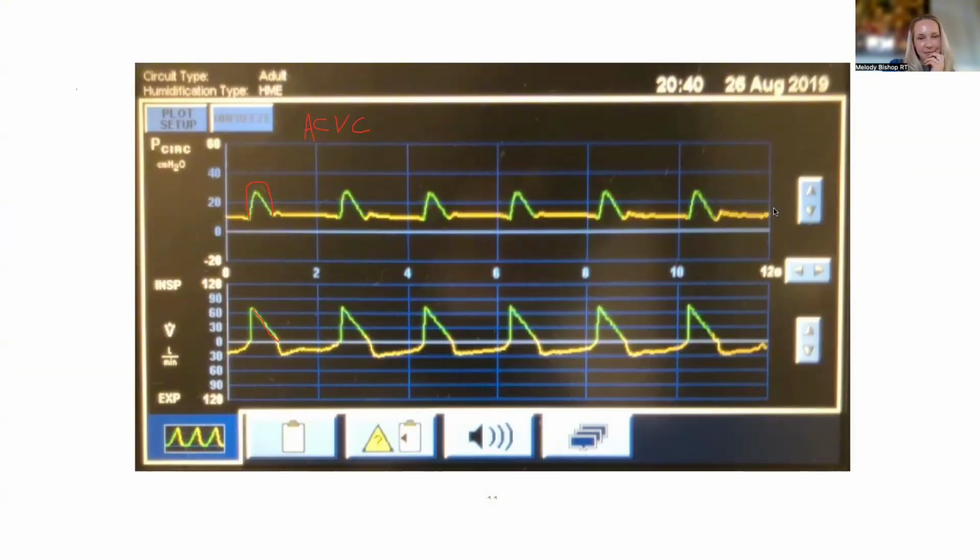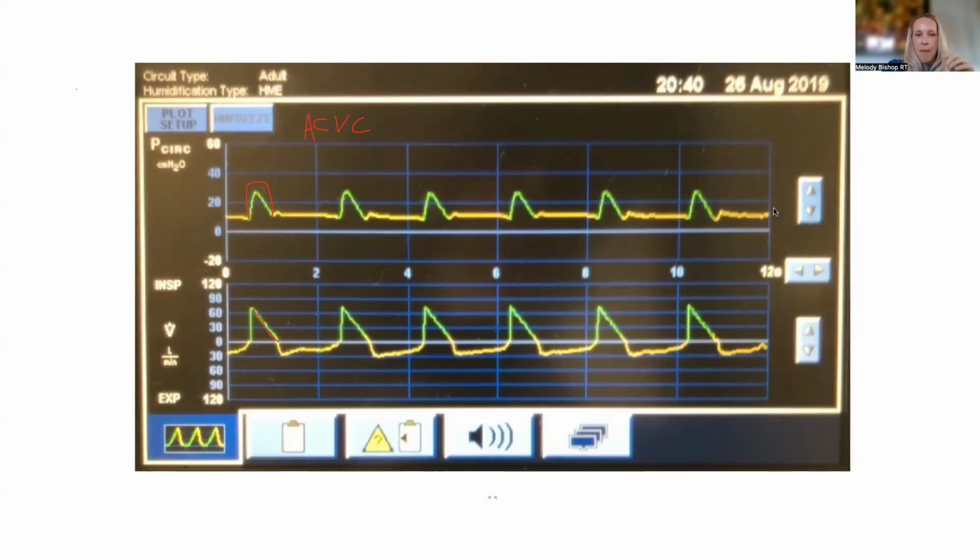So I agree, it should look more like a tombstone. So we're kind of way off. And honestly, someone told me once, if the pressure and the flow waveform in volume control look the same, you're in trouble. There's something really happening that the patient doesn't like. So what do you like? The way I look at it, at least, is from a torture-death perspective. If you ask me, do I think this patient is at high risk for being tortured or dying? I would say probably torture. Would you agree with that?